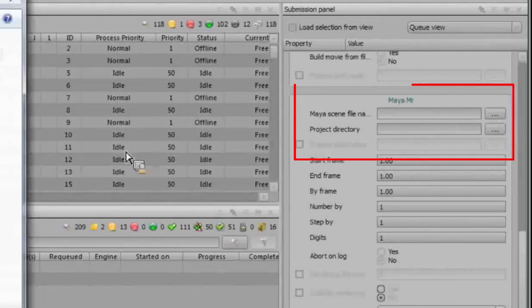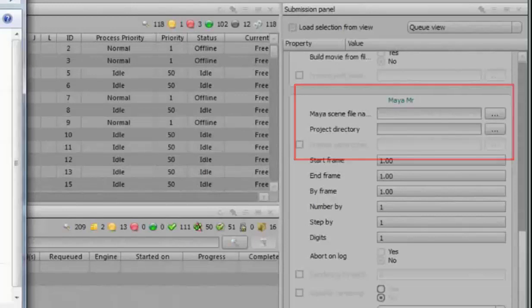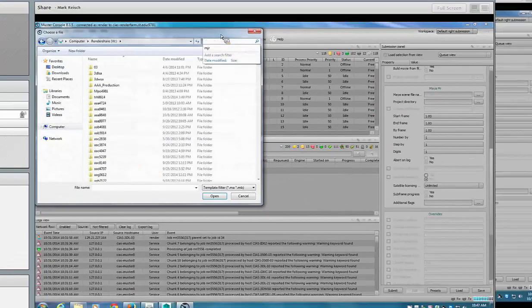So this is where you're going to put your file information in. You'll go to this little button, and you're going to go to your render share. And remember, you want to go to the W drive. So the easiest way to do that is to create a shortcut to the W drive right on your desktop